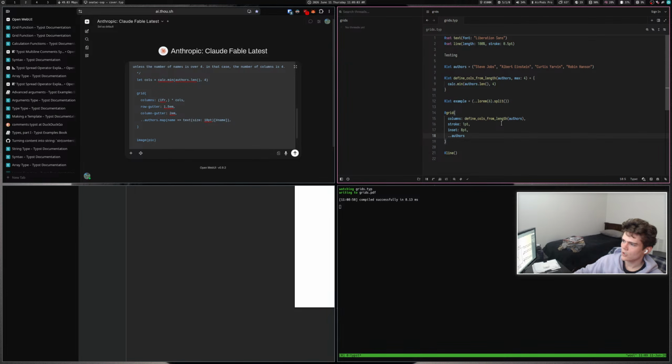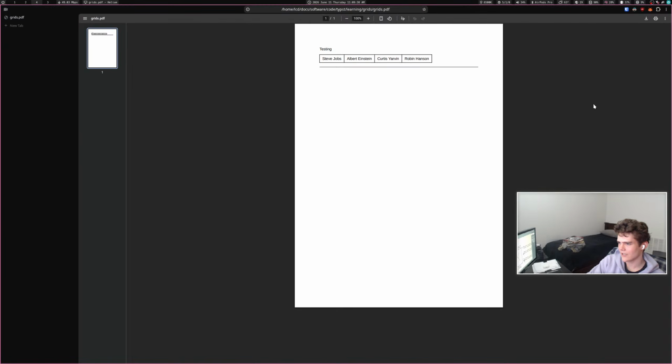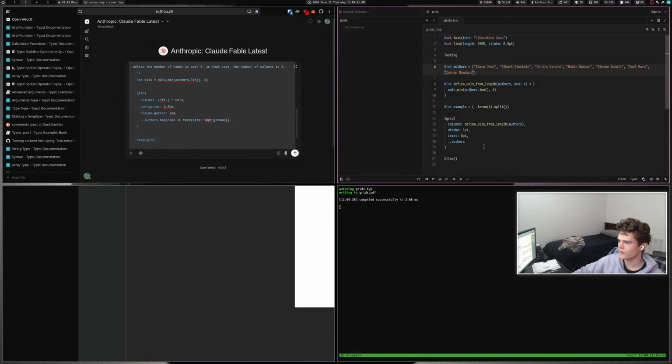Cool, okay. But then if I add more, right, it's going to zoom up to people. This is the worst list of people ever. Right, it's gonna go down, right, because the max length is 4. But if I do like 5, right, authors 5,